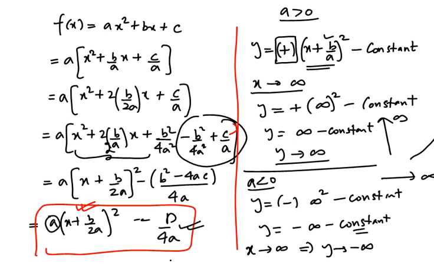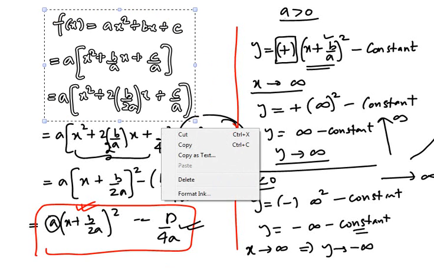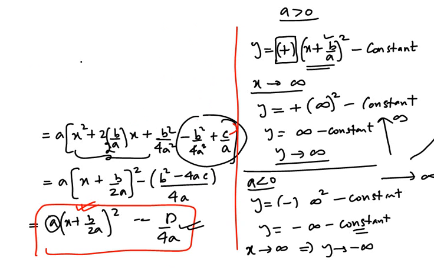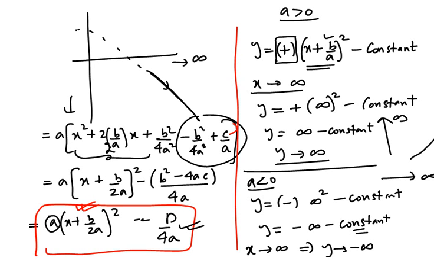Let me make some space. What it shows is that if I go towards the right, towards positive infinity, then y is going down towards minus infinity on the y-axis. So the parabola, the ordered pairs, the combination of the two, will go down like this. This kind of flow is only possible for an inverted parabola. Only an inverted parabola can go to minus infinity at infinity. So that's how we have that a greater than 0 will give us a parabola that opens up, and a less than 0 will give us a parabola that opens down.